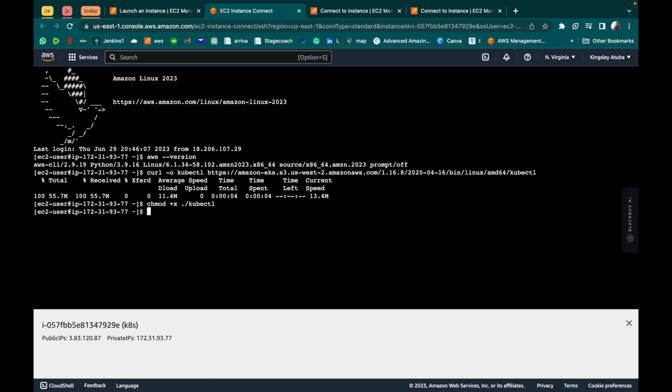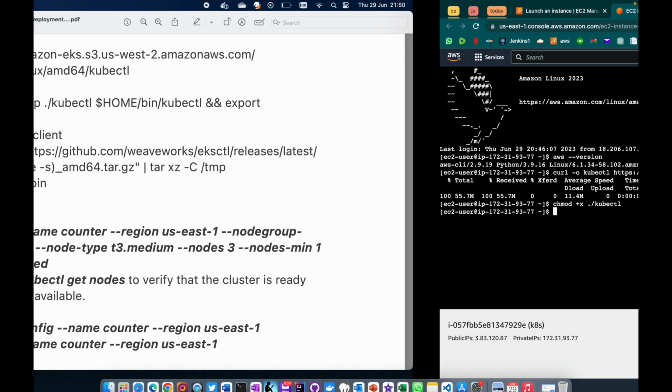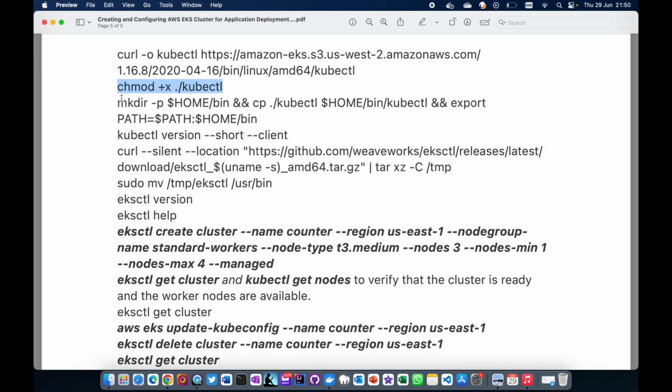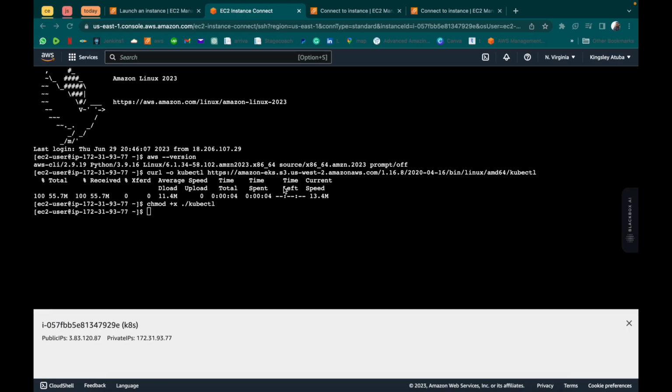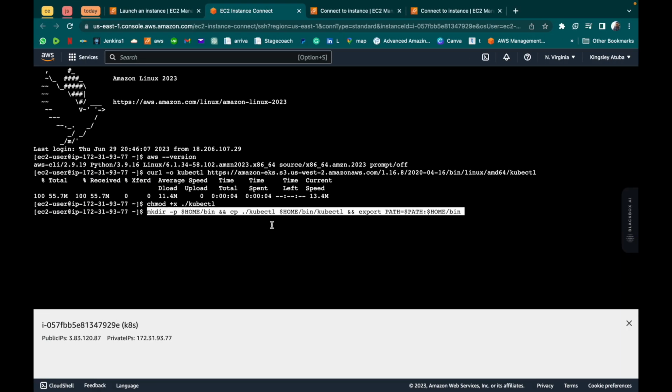Good. Now that that is done, the next thing to do is to copy the binary to a directory in your path. So this command helps you with that. And if you understand Linux, you understand this command. All right, to explain this code we just used,